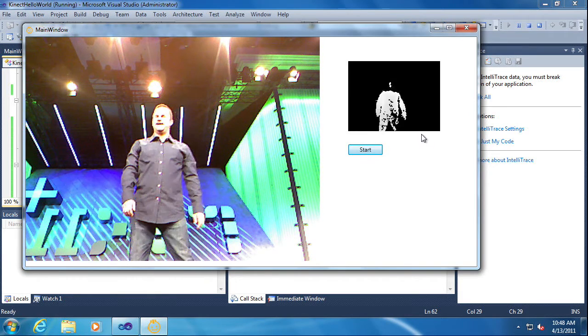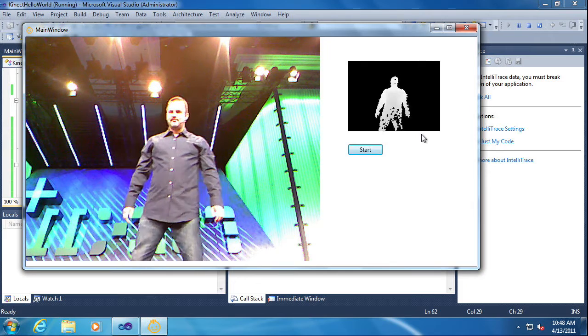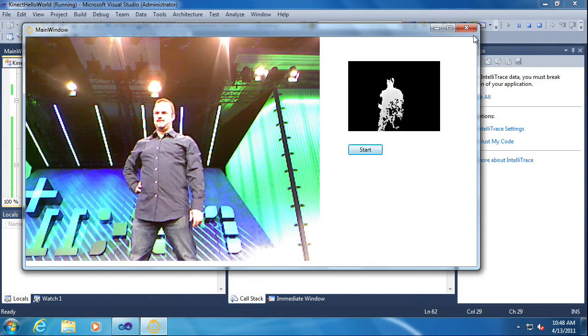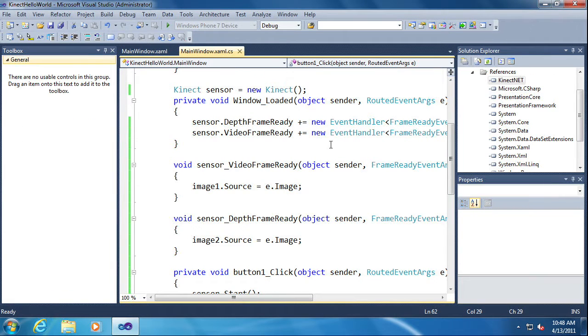So video frame on the left, depth frame, and as you see, the colors change depending on how near or far Jeff is. So pretty basic. We just did that in a couple lines of code. What I'm going to do is now get a little crazier, and we're going to build a very basic painting application. Let's do it. So what we're going to do is, in our depth frame ready